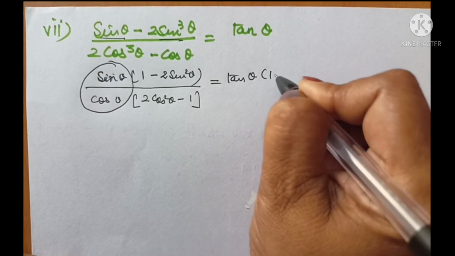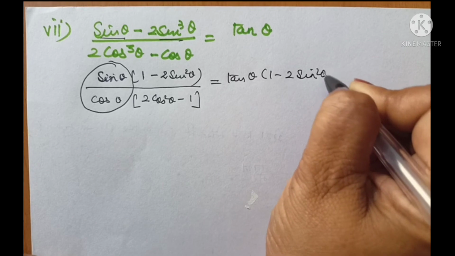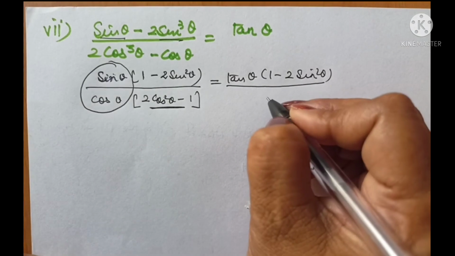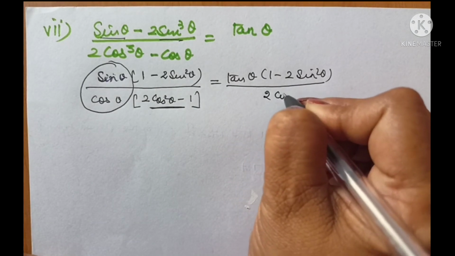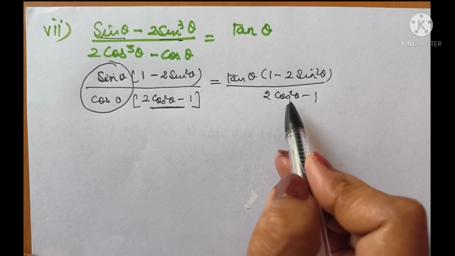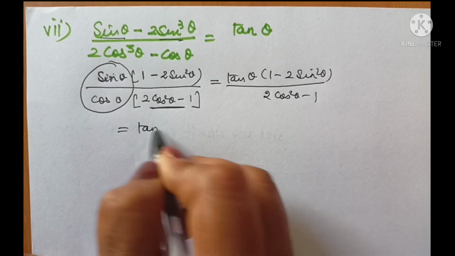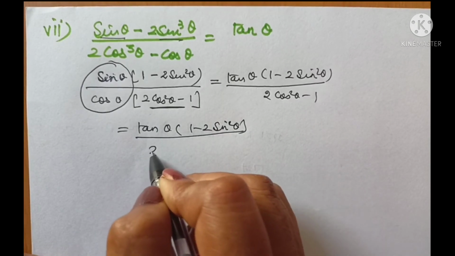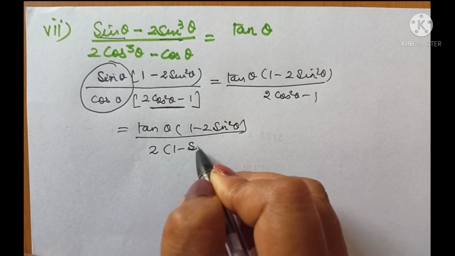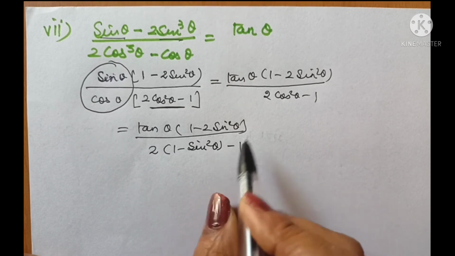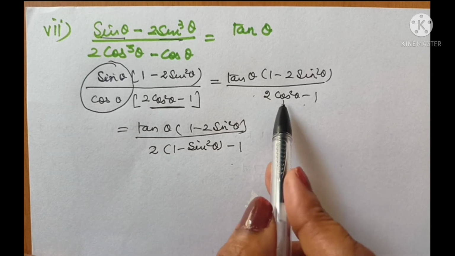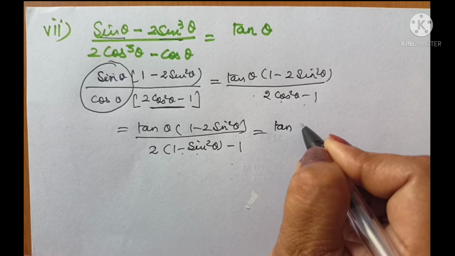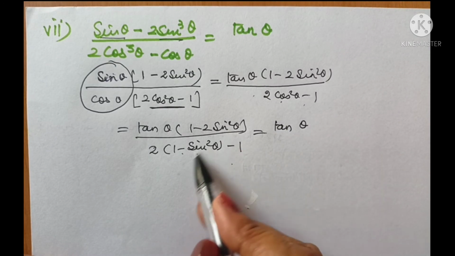So let us keep one term as it is, 1 minus 2 sin square theta, and try to convert this to sine, right? So first let me write it as it is. I am left with this. Now somehow I need to cancel these two terms. So tan theta as it is, 1 minus 2 sin square theta as it is. Let's convert cos to sine. May I write cos square theta as 1 minus sin square theta? 2 as it is, 1 as it is. Cos square theta has been converted to 1 minus sin square theta. So this gives me numerator as it is. Don't cancel it out, please. These are not cancelling.